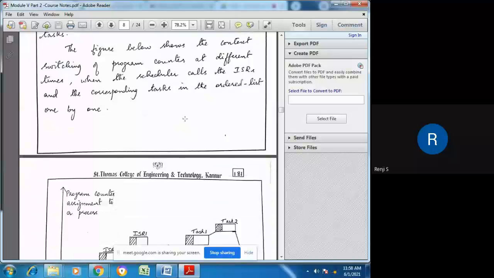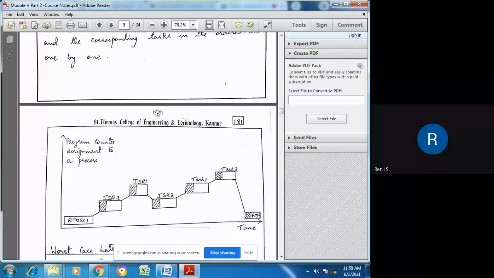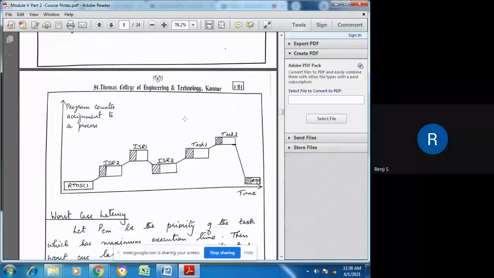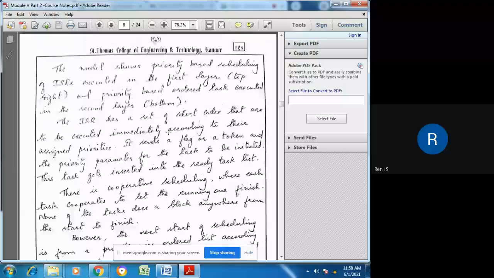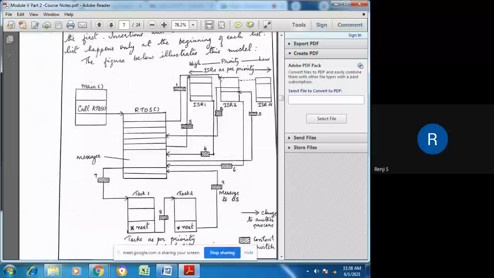Now the figure below shows the context switching of the program counter during the execution of each ISR and the task. So first the RTOS calls ISR2 because it has the highest priority. So the context switching happens from the RTOS to ISR2. As seen in this figure, it has executed for some time and then it is switching back to the RTOS.